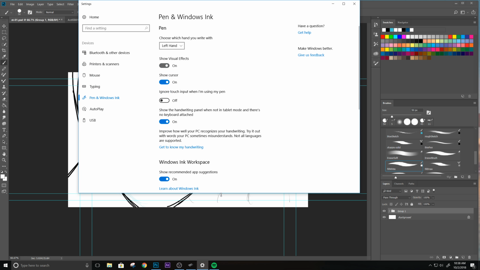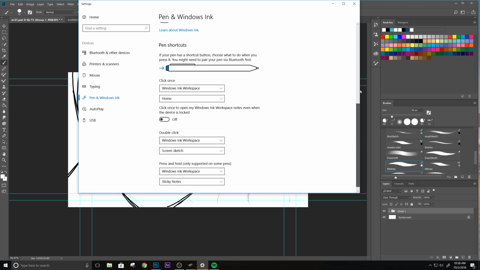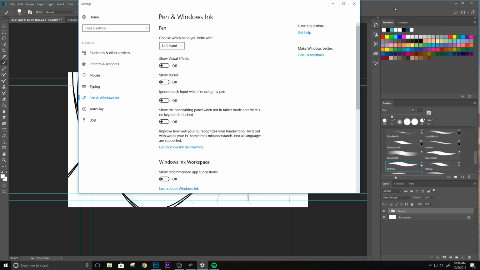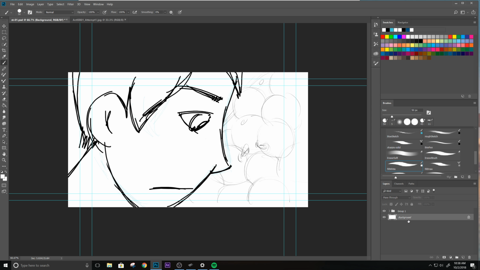Pen. Everything off. I don't need you, Windows Workspace. Okay, so hopefully it's not going to show that to me again. Yes, here we go. So I'm just going to type in